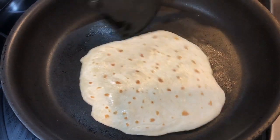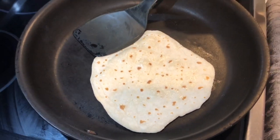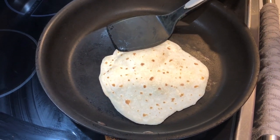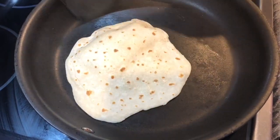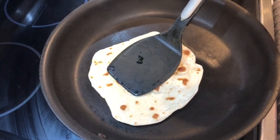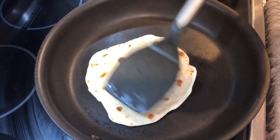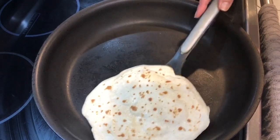You can press the roti a little bit so that the steam comes up, and if you see that bubble rising, that means that it's cooking from the inside as well. So you want that. And look at that nice color. That's exactly the color we want. And we want to make sure it steams up nicely so that the inside and everything is cooked. You keep flipping, and then that's done. When it's a golden